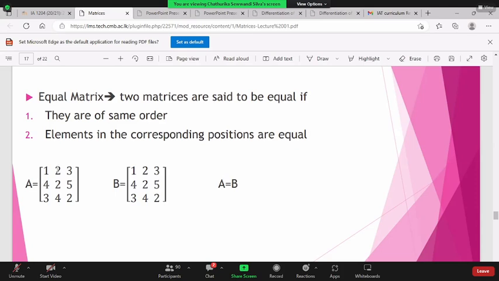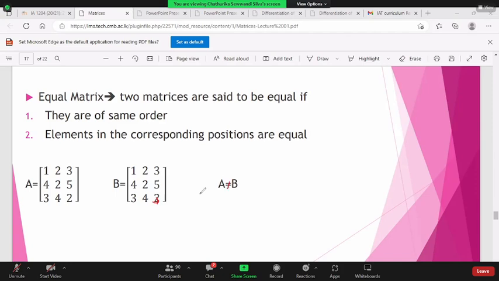Row 2 row 1, column 2 2. Row 1 column 2 2. Likewise, each and every position, the respective element should be the same. So for example, if this is 2 and if the last element is 3, these two matrices are not